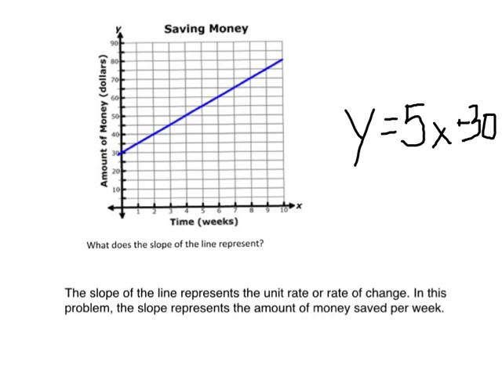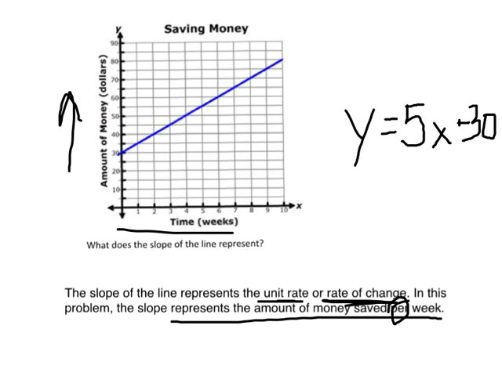The slope of this line represents the unit rate, or our rate of change. So it's the rate that the amount of money is increasing. In this problem, the slope represents the amount of money saved per week. Remember when we're talking about unit rate, it's always really good to have that word per in there. So it's the amount of money that you are saving for each week that you're saving money. Go on and try the back side of